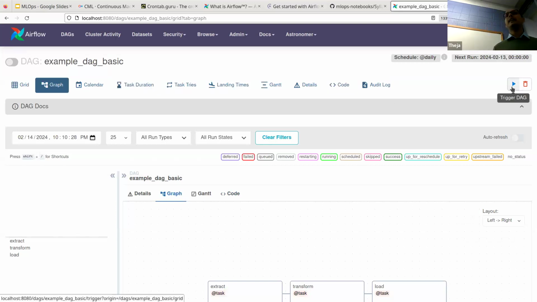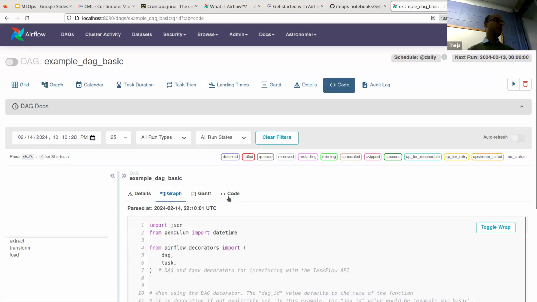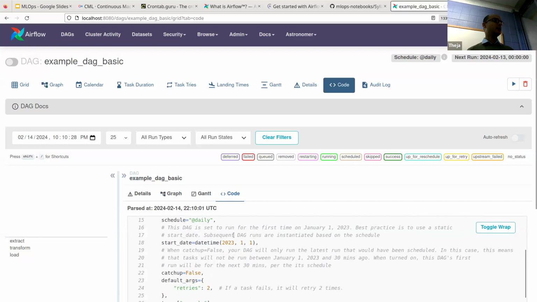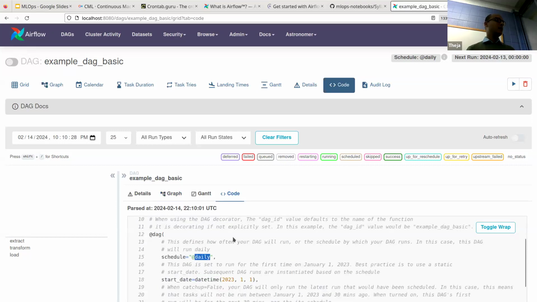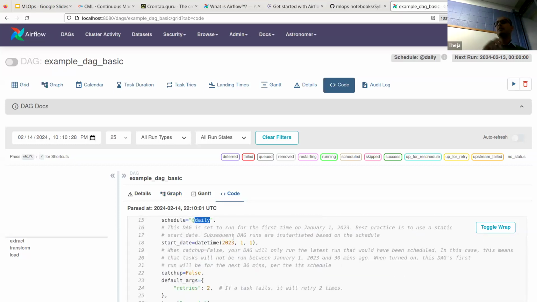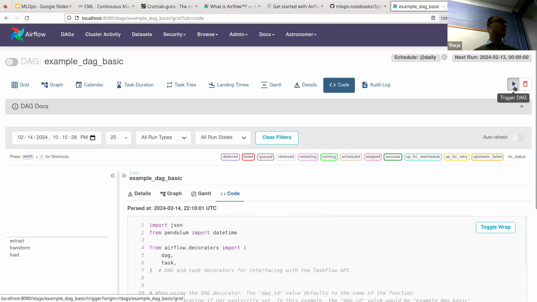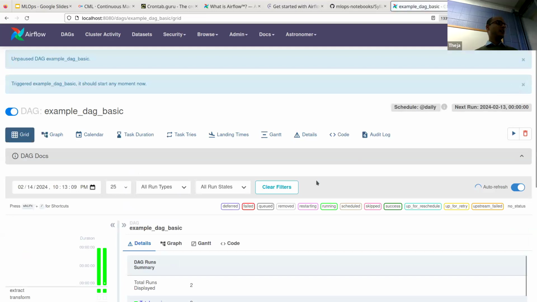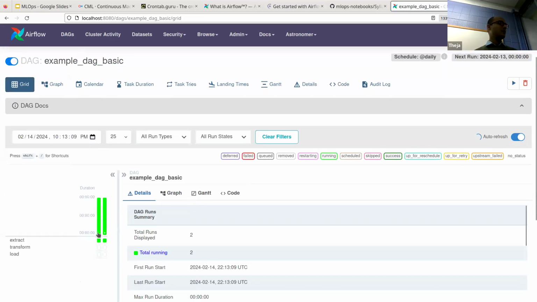You can just click this trigger to manually trigger this DAG. Otherwise, we have specified when they should be run, right? We have specified that it should be run daily, and I don't know if the time is not set, I think it defaults to some default time like midnight or something. If you run it manually now, you should be able to see it running, and then you see that it ran. Green means success. But if you mess up something, right?